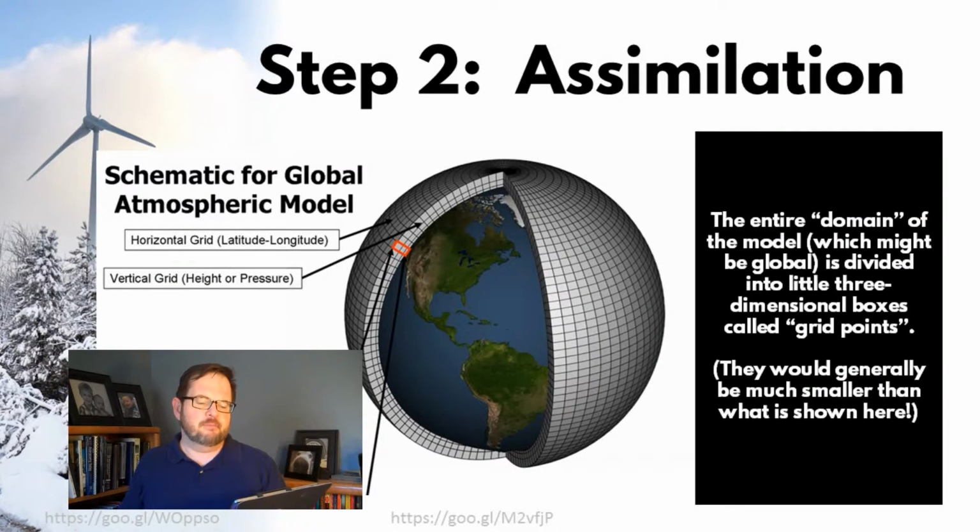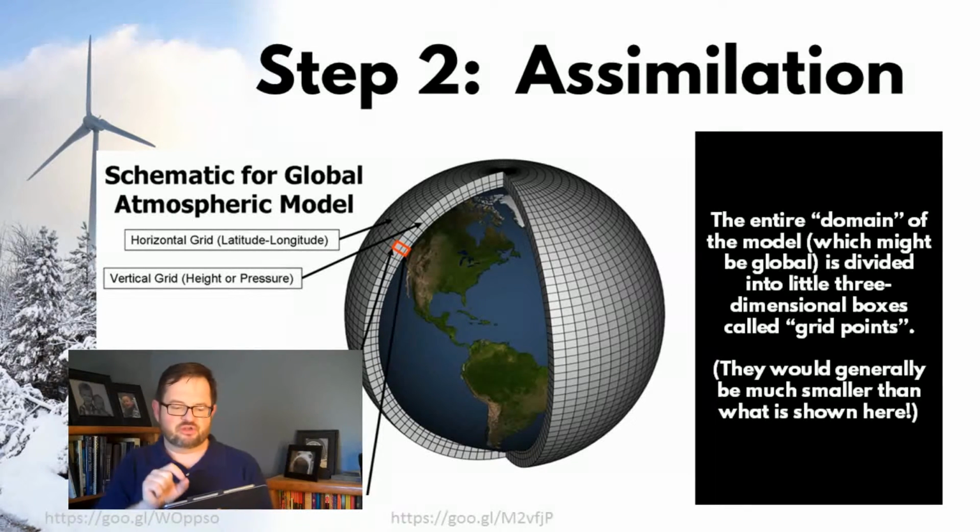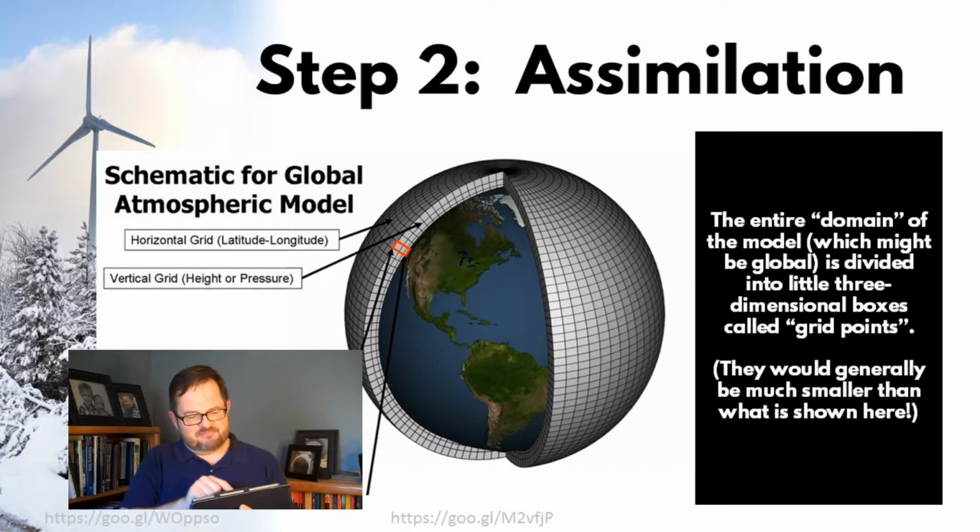Now, here's a global model. I just stole this plot from someplace online. You can see how globally we had divided the surface of the Earth up into these little boxes. They're pretty big. In a real model, they'd be much, much smaller than this, but we wanted something that we could actually see with our eyes here. So these are a couple hundred kilometers on each side. That would not be realistic. The resolution of the model would not be adequate.